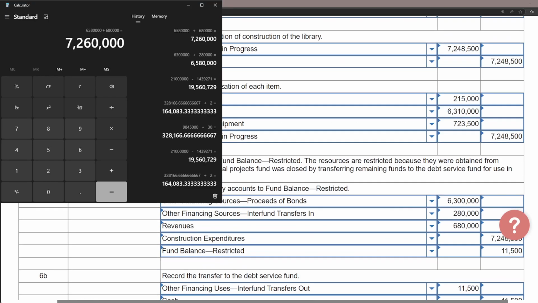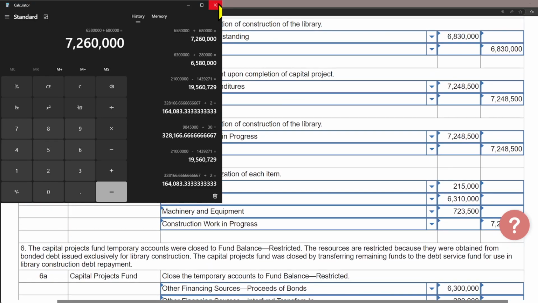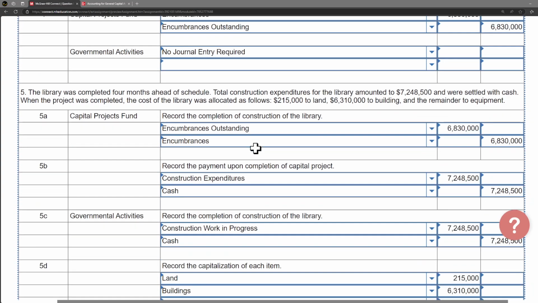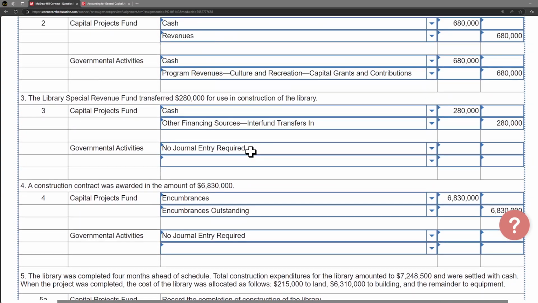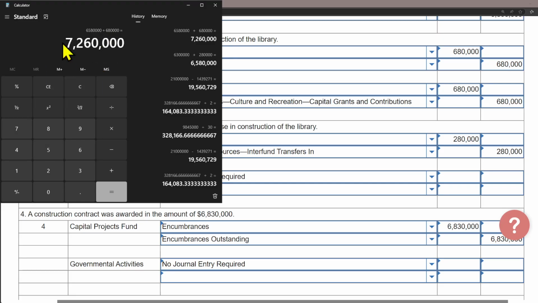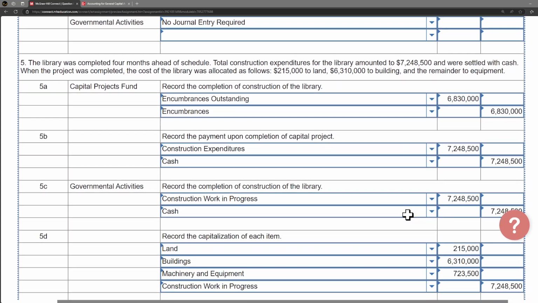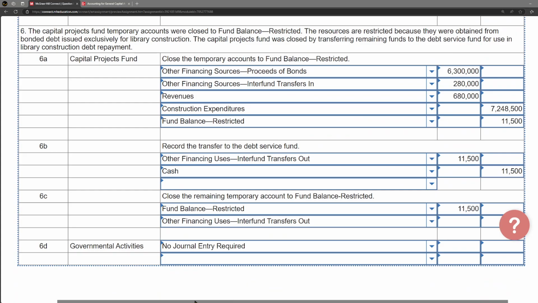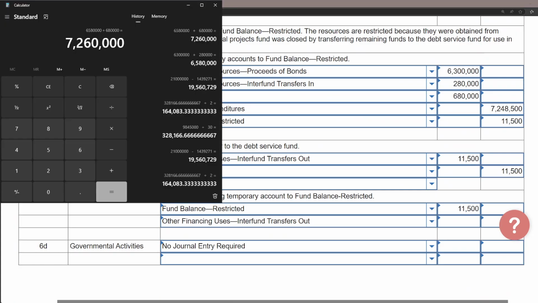$7,260. So remember when I was saying it looked like if we looked at the 7,260, if we looked at the actual contract awarded, when the contract award was 6,830, you notice that was less than the money that we had taken in. So it ended up that the actual amount was closer to the total amount that we took in. But you can see, if I subtract out what the total actual costs were, 7,248,500, it means that